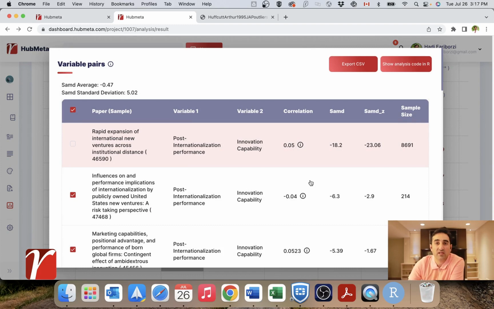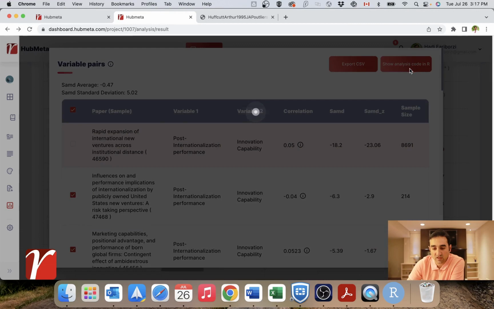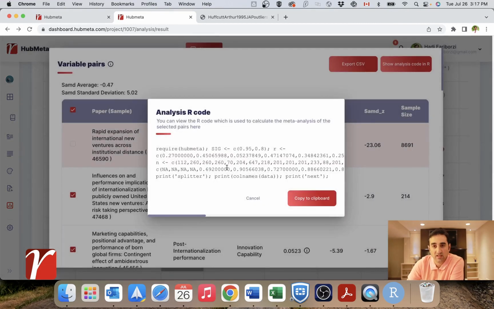And the third way is to take these results outside HubMeta, for example, using this code, and use other methods for outlier analysis, other methods for calculating your results. One specific method is using the Morris weights, for example. It's more lenient and uses a more modern approach to outlier analysis or influential studies analysis. We are in the process of implementing that in HubMeta, and when we do that, I'll make sure I'll update this video.